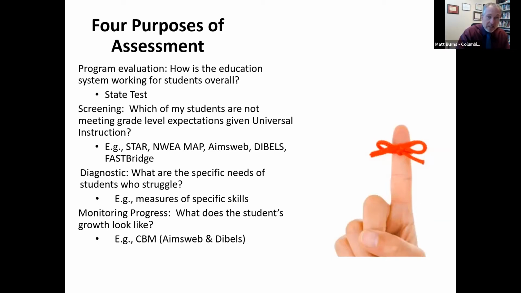STAR, NWEA, FastBridge, they're designed to be screeners. They do that better. What I would do is screen all the kids, and for those who score low and need intervention, do diagnostic work. For kids who have concerns but you're not really sure, maybe not to the point of needing intervention per se, that's where having a kid read to you is really cool. By the way,